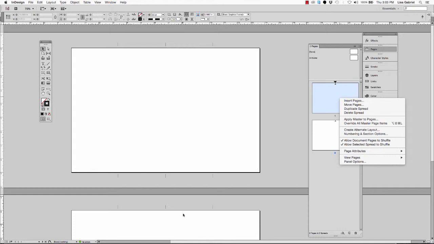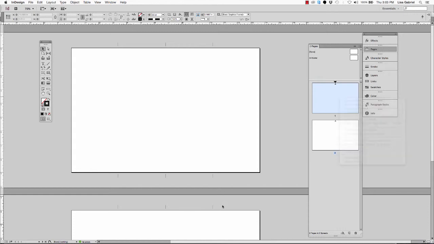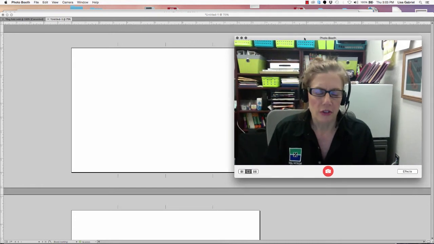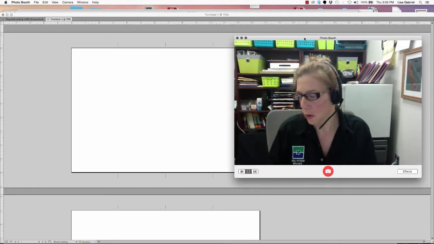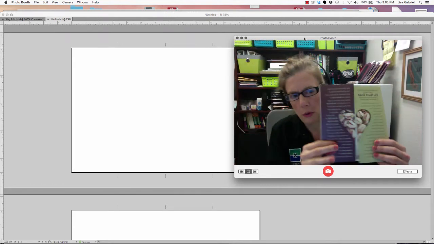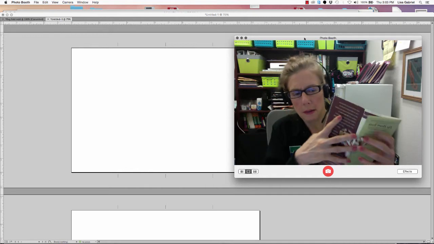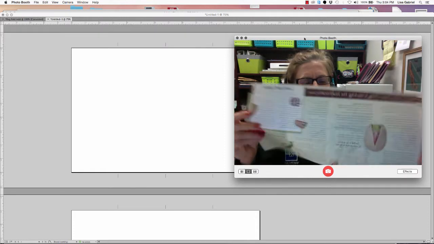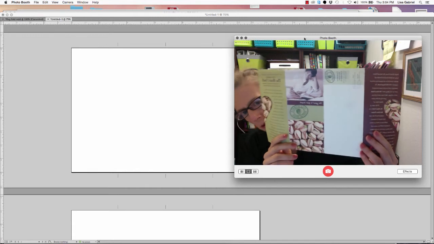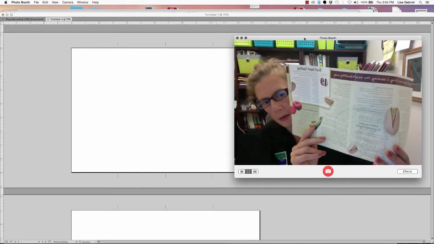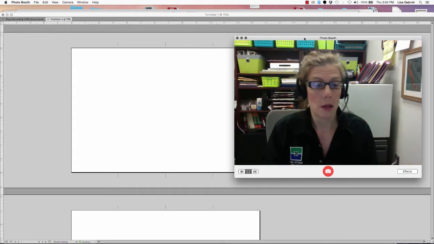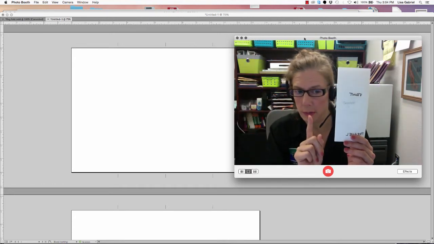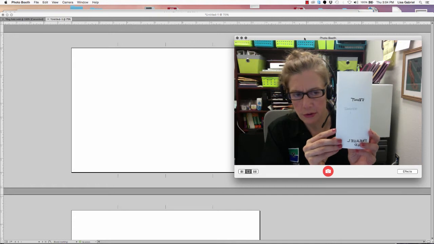Now, when does this work and when does this not work? Okay, let me talk about something, and I'm going to have to put my video up here. Okay. Now, what I just did is perfect for a gatefold, okay, where the short panels, that's these outer edges, outer two panels, are exactly the same no matter whether you're looking at it from the front or from the inside or back. Okay. However, if you're working on a trifold, okay, trifold's a little bit tricky. And the reason a trifold is tricky is because